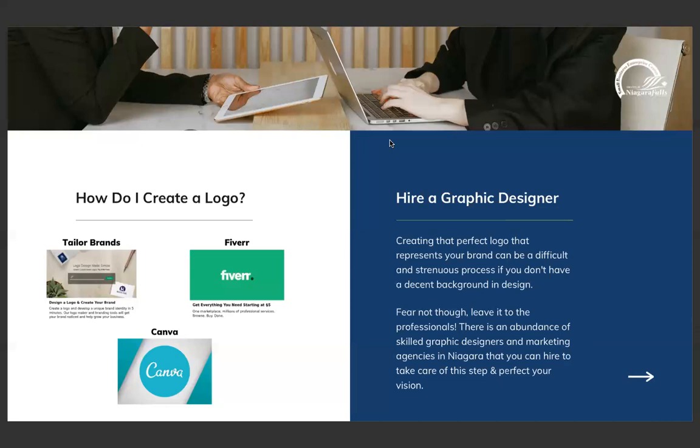So Fiverr is actually an awesome online marketplace that connects you with digital designers and graphic designers who create the logo for you. These can range anywhere from as low as $25 to up to $100 Canadian or more, and it really varies based on the project specifics that you're looking for. And the way this works is you're going to be entering a digital marketplace.